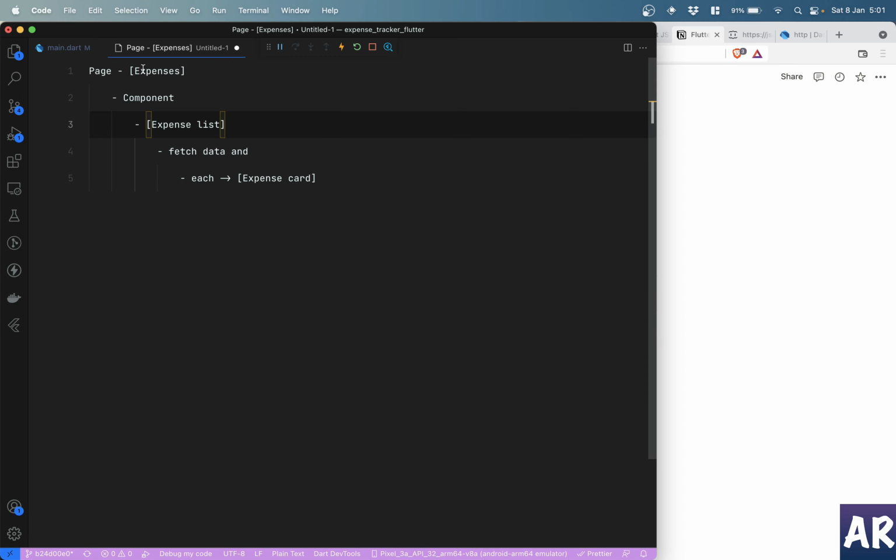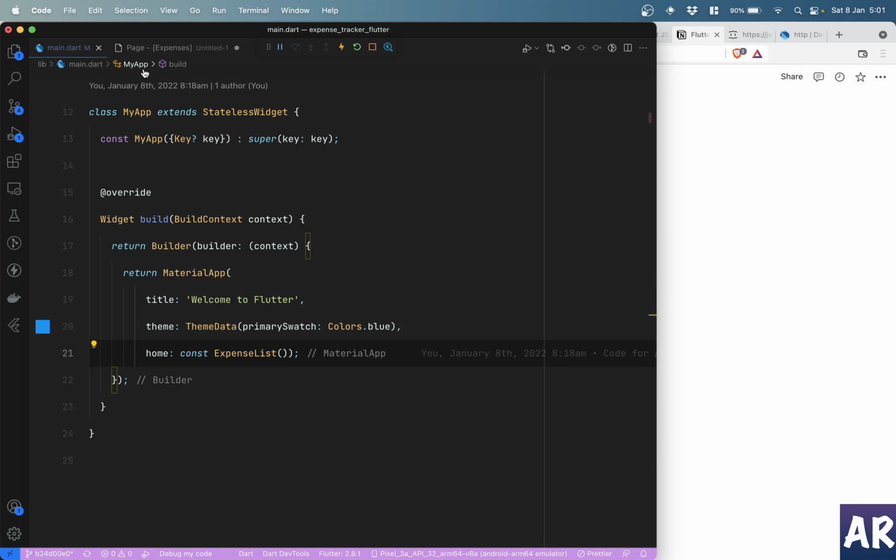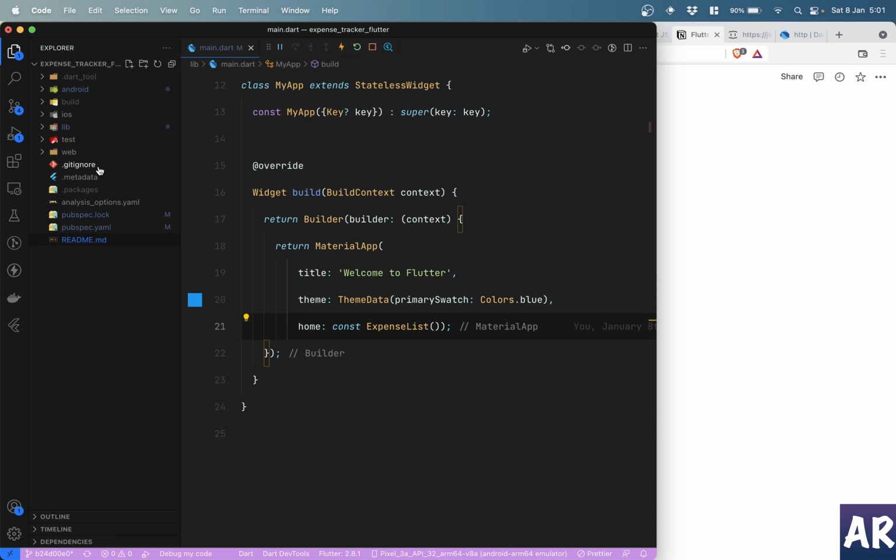So we will have an expenses page. But for now, we will be calling the expense list from our main.dart. Let's do the refactor first. Inside libs, I have pages, which is list expenses underscore list. I will change that, rename it to